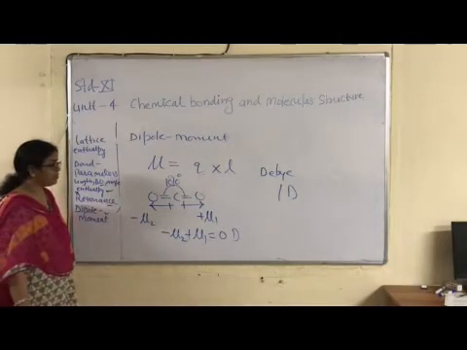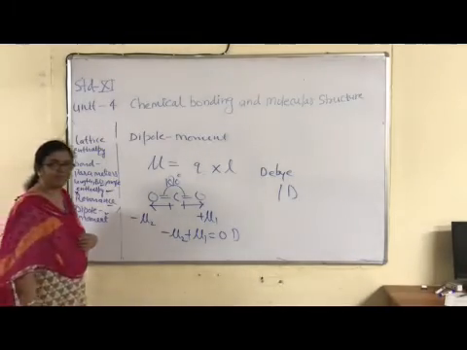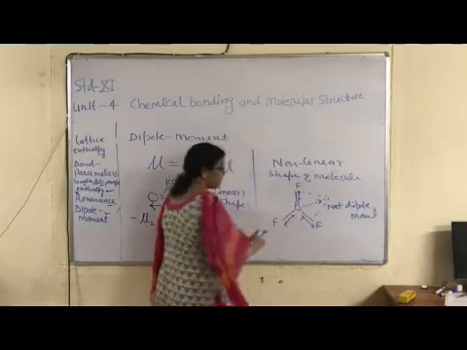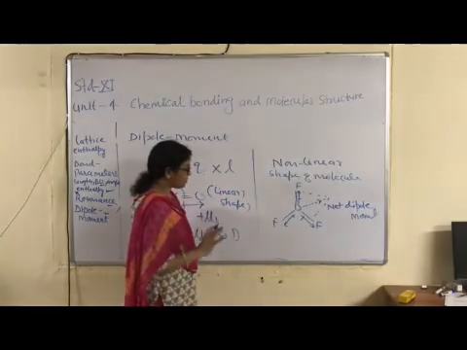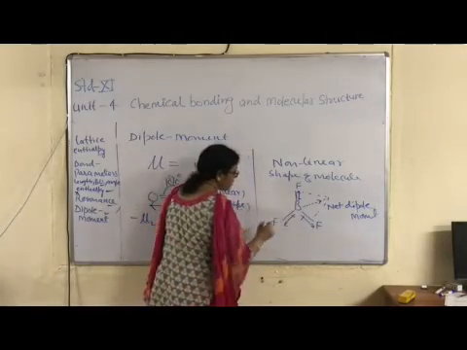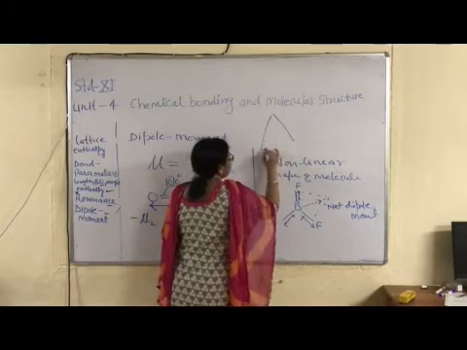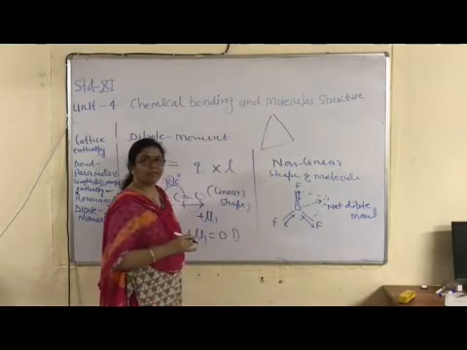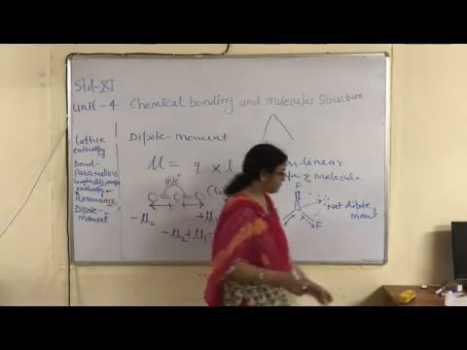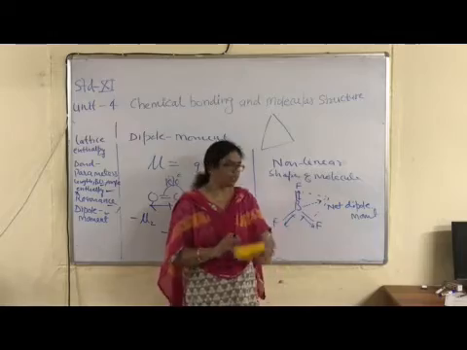Okay children. Second example, the geometrical shape is non-linear. In case of the BF3 molecule, which exists in trigonal planar shape, what is its shape? When all three corners are joined, which shape is obtained? Trigonal planar. Planar means all three atoms are present in the same plane, like this. This is a single plane, but this is not a trigonal shape.